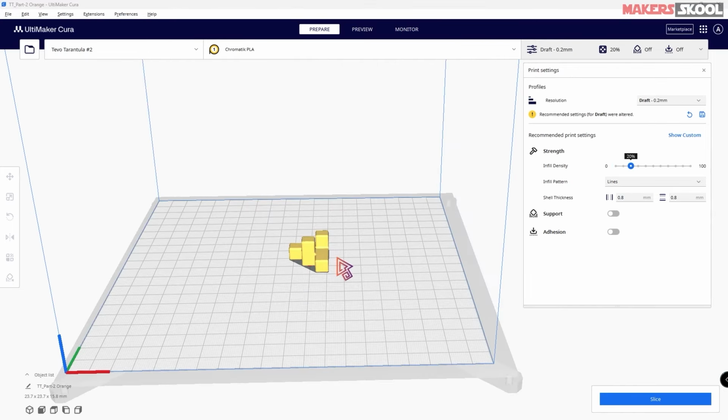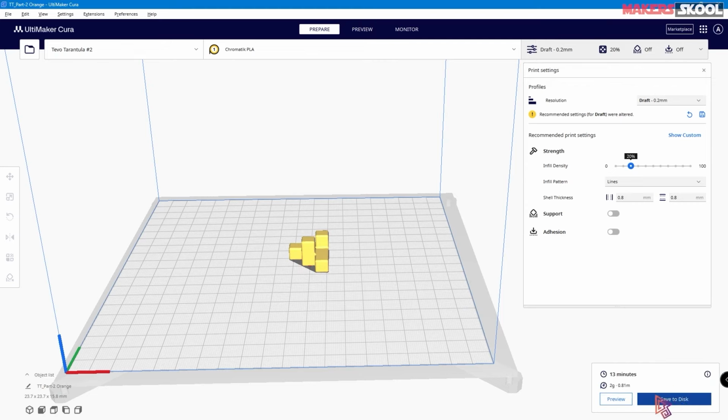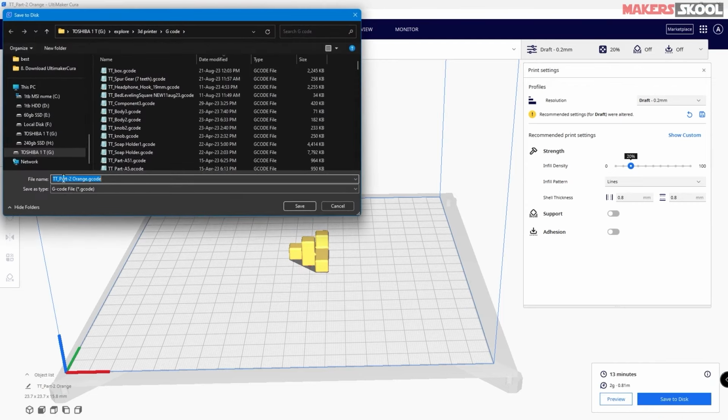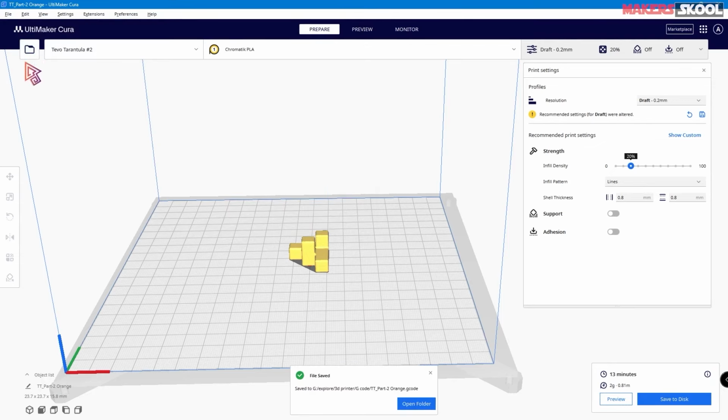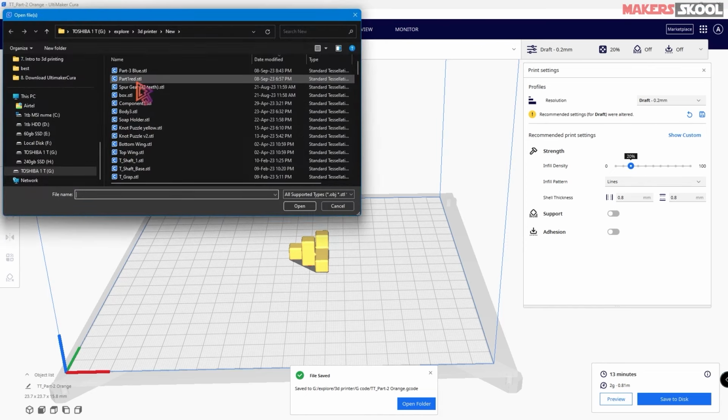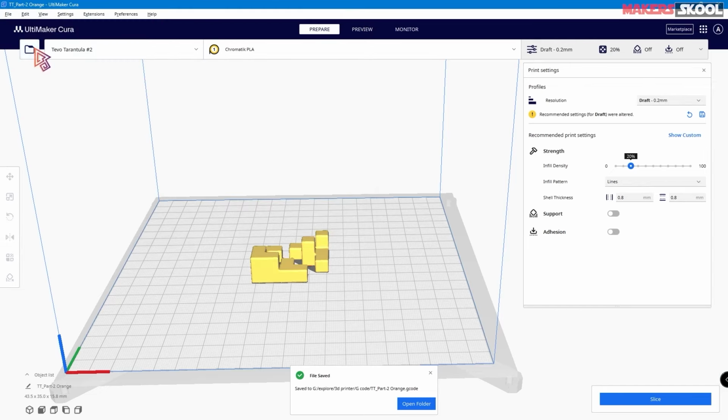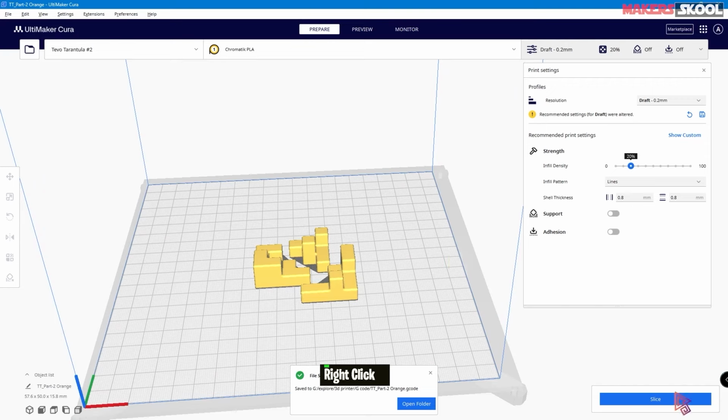If you have different color filament, you can print all the different parts with different colors separately. So this is part 2 orange. You can slice it and then save it to the disk as a G code, and do the same with each and every part, part 2 and part 3 the same. If you don't have filament of different colors, you can print it with the same color filament by opening the parts separately one by one and slicing each part